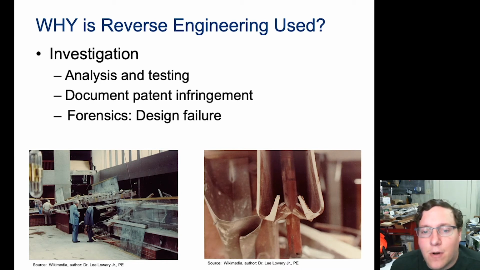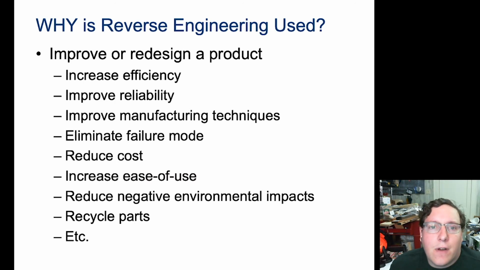So there are a form of engineers who are forensic scientists, who basically determine how something failed. Now, there are other cases where if there's patent infringement, or if it's a concern of was it copied and there were protections in place, there are other cases, but there's definitely a form of reverse engineering that looks into those cases. The final kind of case for reverse engineering is being able to use that to improve or redesign